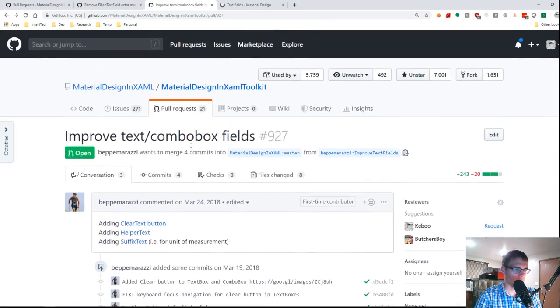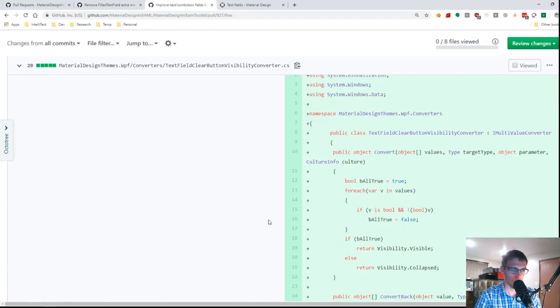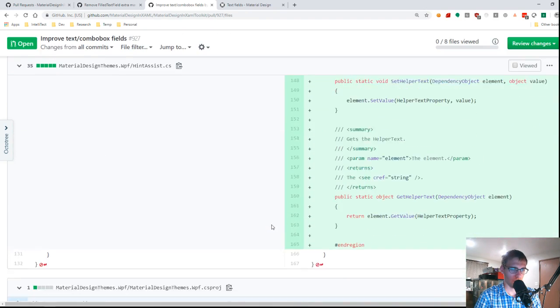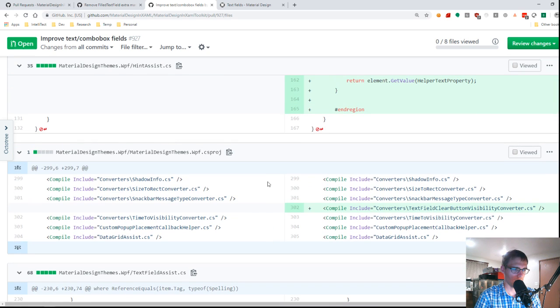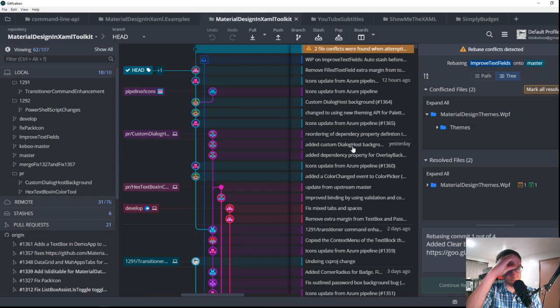The changes here to the CS projects were just in relation to adding the new converters, which means I should be able to omit them just fine and not have to worry about it. So I think we take master